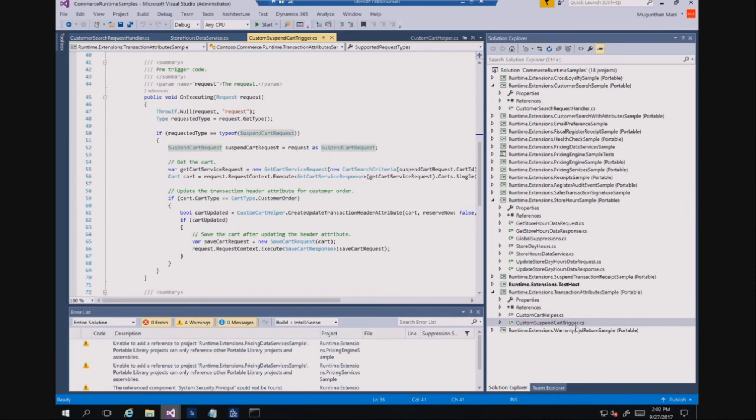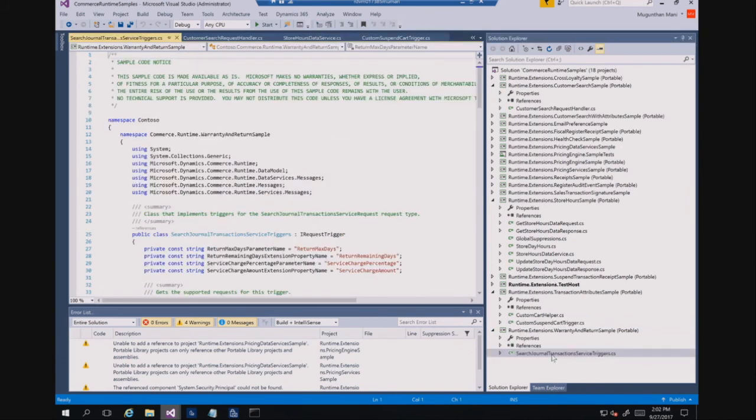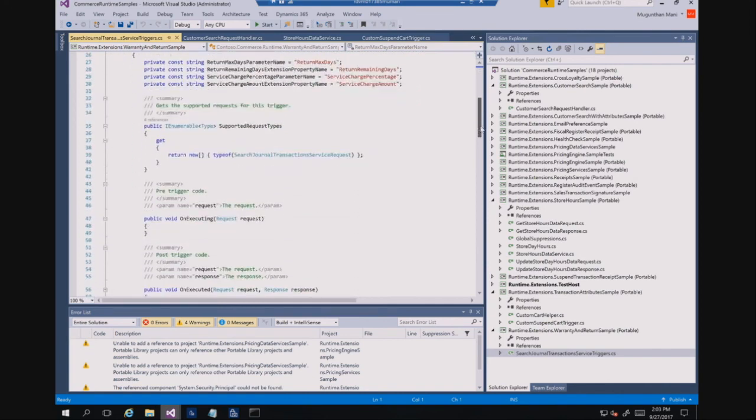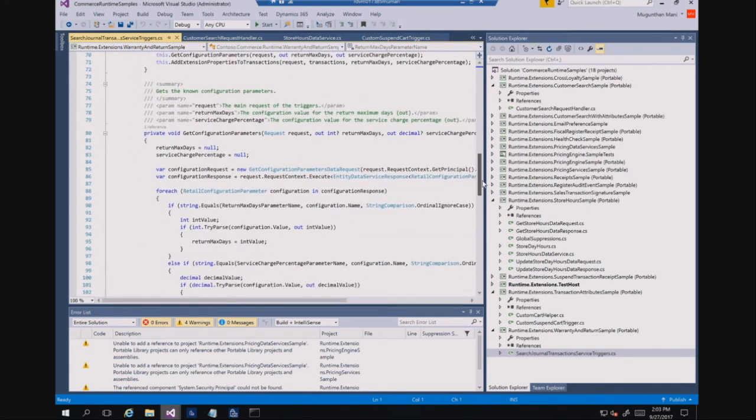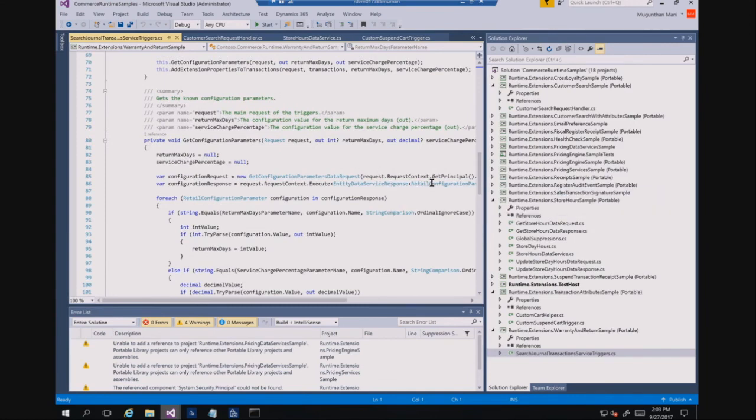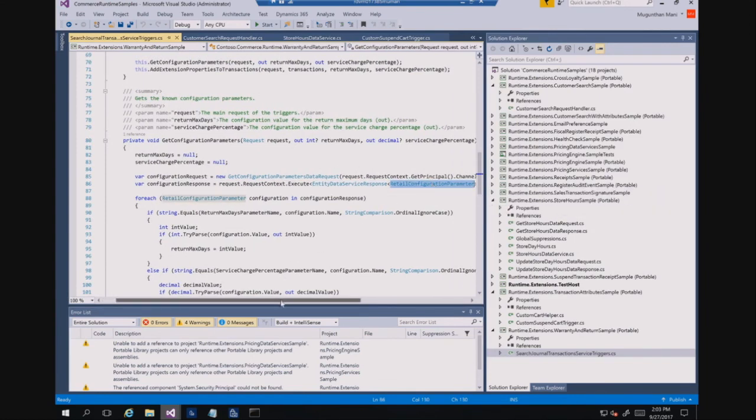So here there is a warranty sample. For example, in the retail parameters, I added one more new field, and I want to call that information. Previously, in order to do that, you would call our show journal view or retail parameters view and then do it. Now you should not do it at that level, you should do it at the data service level. For example, if I come all the way down, there is a data service request called retail configuration parameter data service request. So you should call our request and then access all our information.